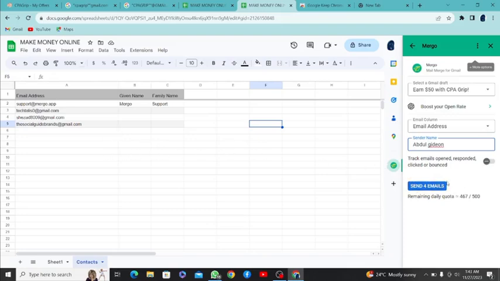So before you send this email, you might like to track your email if it is opened, responded, clicked or bounced. Just like I've showed you, you're going to click on turn it on. Now that you have turned it on, whatever is going to happen with the email you're sending, you're going to be getting a response. If they open it, you get a response. If they click it, you get a response. If they bounce it back, you're going to get a response. My own that I sent, over 30 emails, 3 bounced back, but others were delivered successfully. And as I open, you can see some that they have opened already.